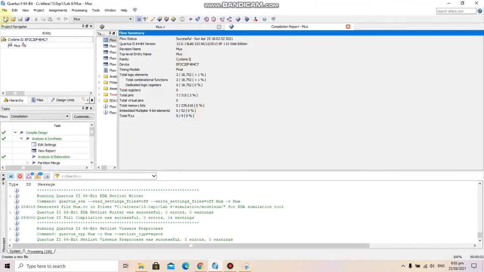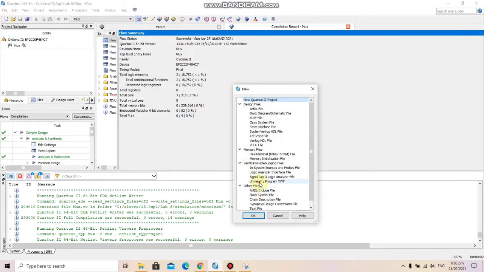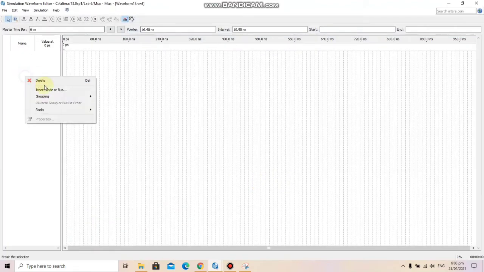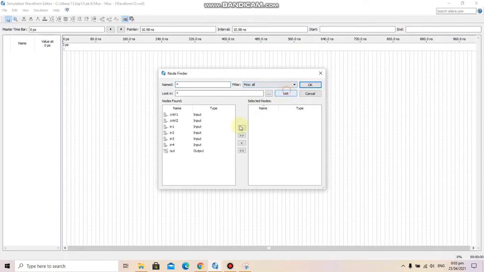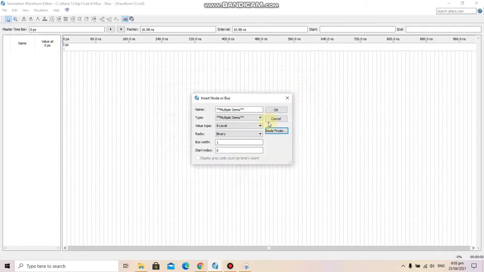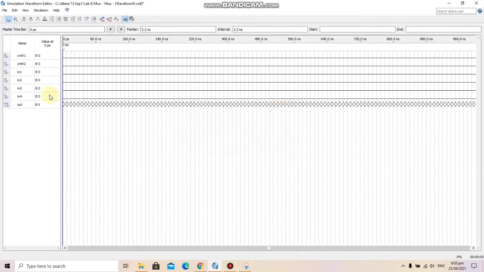Now let's look at the waveform here. For the first combination, we had control 1 and control 2 both at 0 0, which means not control 1 and not control 2 are high.